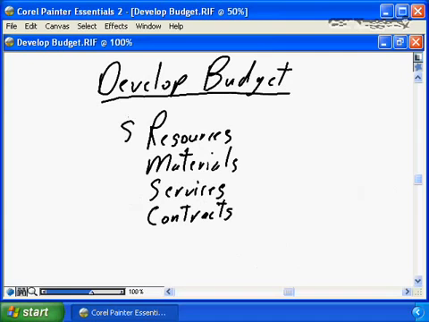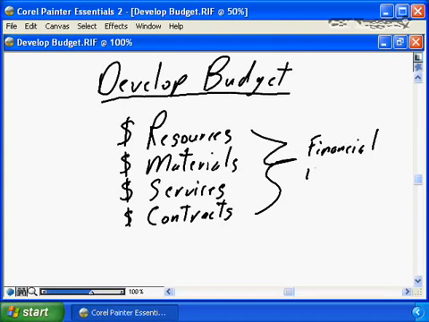Identify, capture, and consolidate all of the dollars for all of the resources that are involved in, assigned to, the WBS. Consolidate, find, include all of the dollars for all of the materials that must be purchased to satisfy your project requirements that are going to be consumed by your project. The dollars for any services that your project is going to purchase. The dollars for any contracts that your project is going to purchase. You will combine all of this together in some format that is suitable